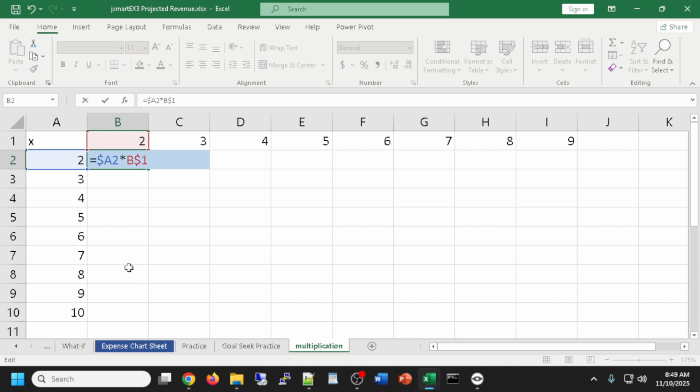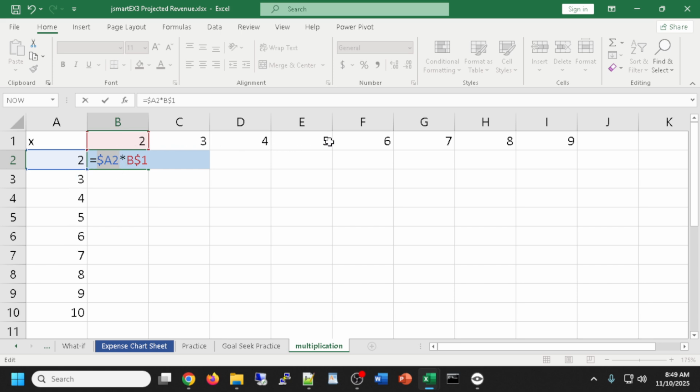I'm just typing the dollar. I could have hit F4 multiple times till I get the dollar in the right place, or I could just type in a dollar there. So the F4 will toggle through. But remember what I'm saying here is when I fill handles down or across, I'm always getting the number from column A multiplied by the number in row 1 here. But as I go over, it will change the column, so I don't put the sticky on the column here, but I do put the sticky on the column here, not the sticky on the row. I do want the row to change as I go down. I'm multiplying by A2, A3, A4 times